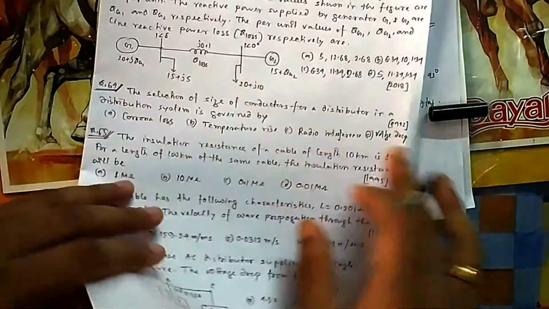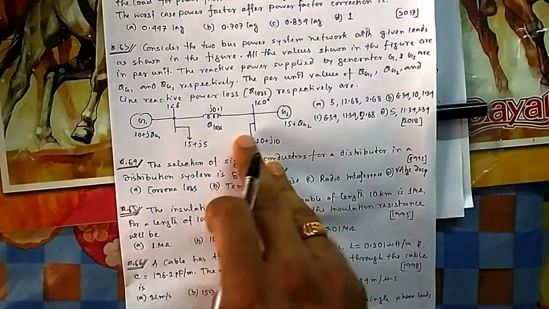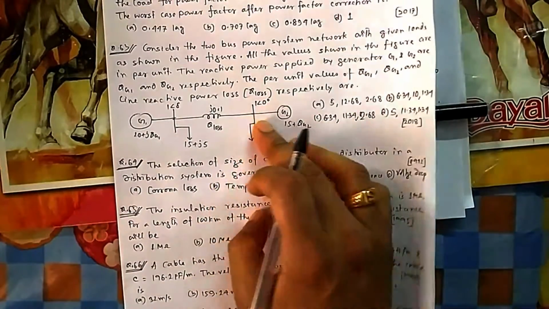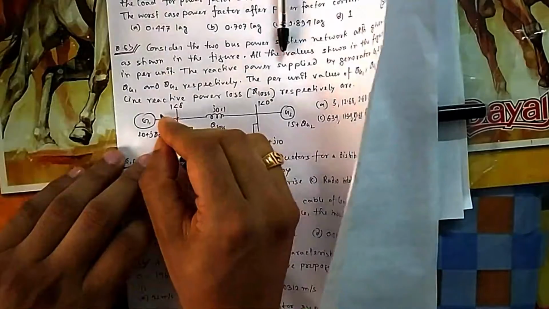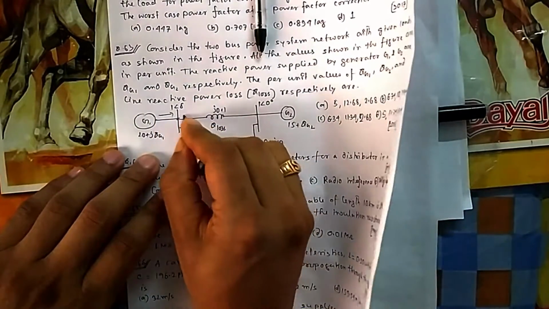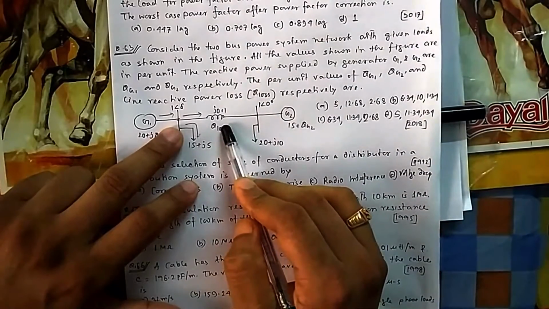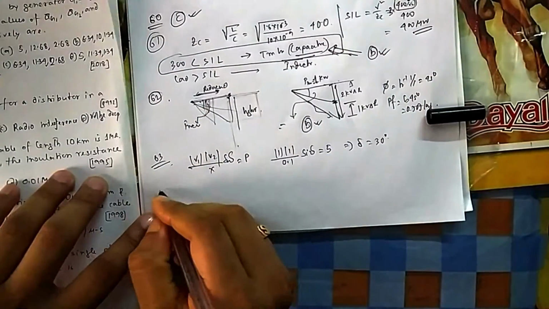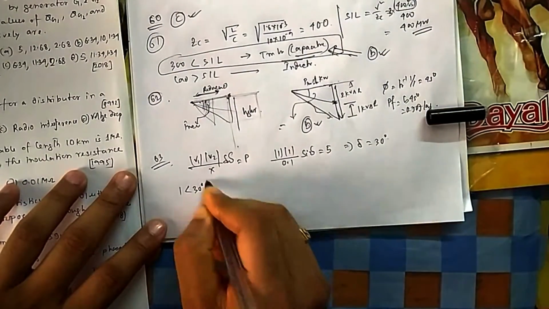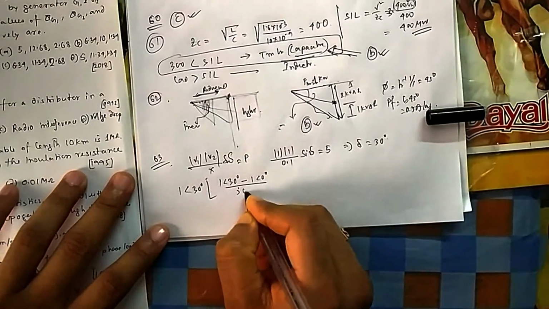Now once you get your delta equal to 30 degrees, then it becomes very easy. You can calculate anywhere, you can calculate here also, you can calculate in this bus also. One bus you take, automatically the other will come. Let me calculate for this bus. So here 20 is coming, and it is going, and suppose I am taking this current, this power is also going. So what is this power? The current direction is this, so 1 angle 30 minus 1 angle 0 divided by j 0.1, that is my current, into voltage, VI star. So it will be 1 at an angle 30 into I, 1 at an angle 30 minus 1 at an angle 0 divided by j 0.1.